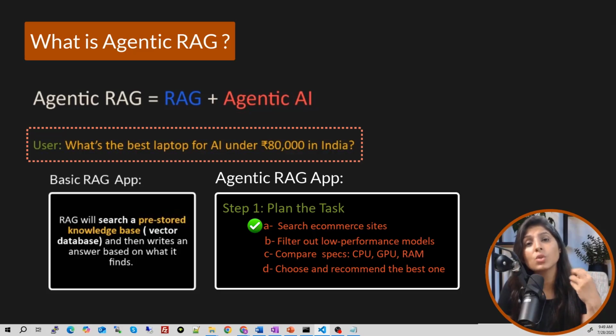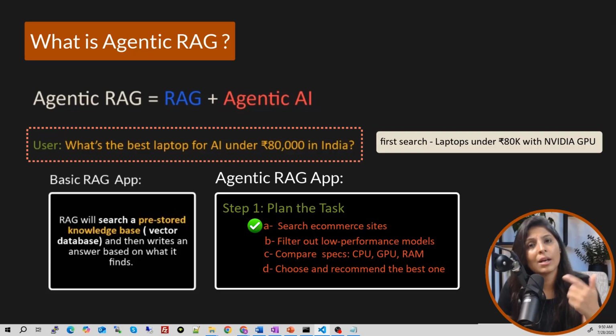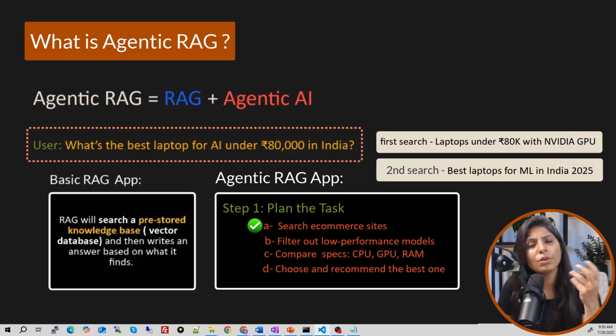Now agentic RAG will ask the same question in different words to get smarter answers. Let's say it asks the same question like this and like this. See, the context of the question is the same, but it is asking in different ways to fetch better results.